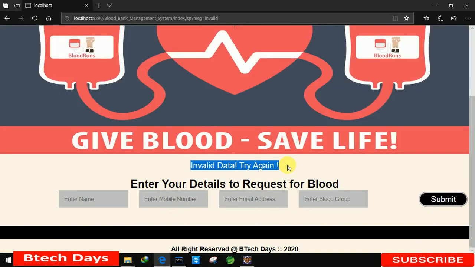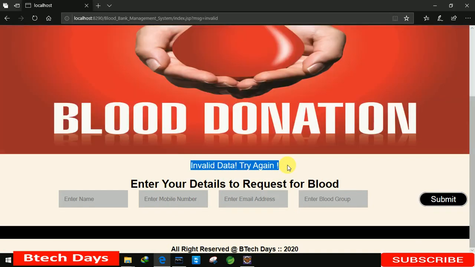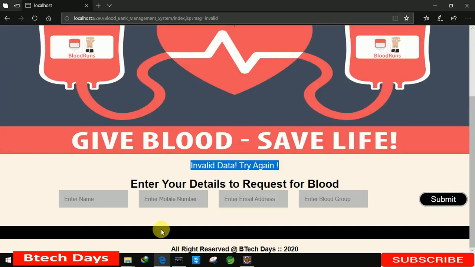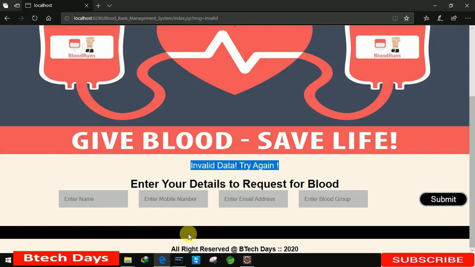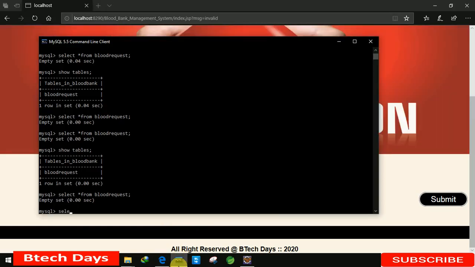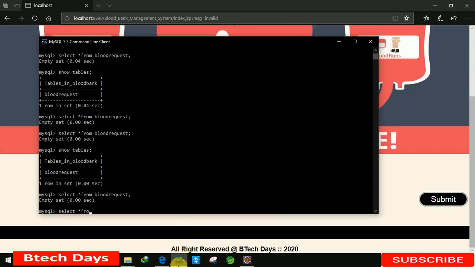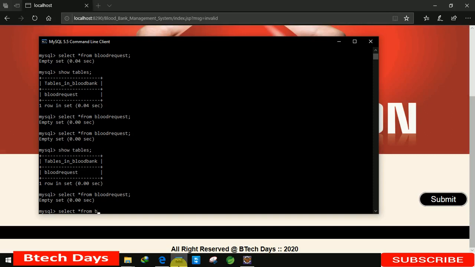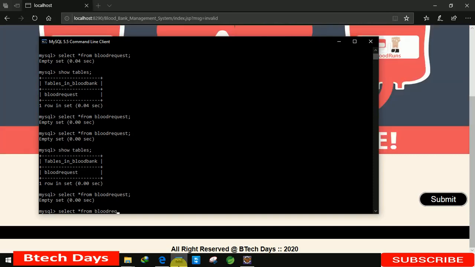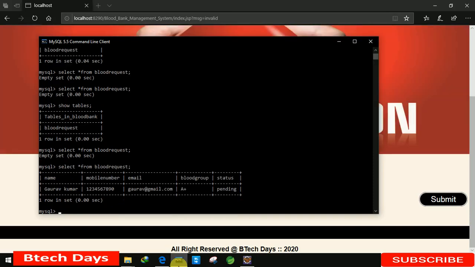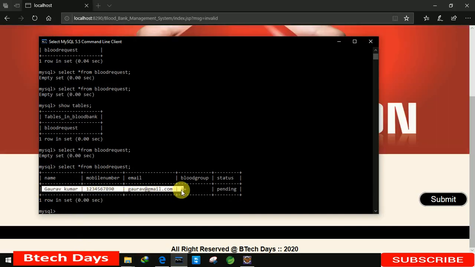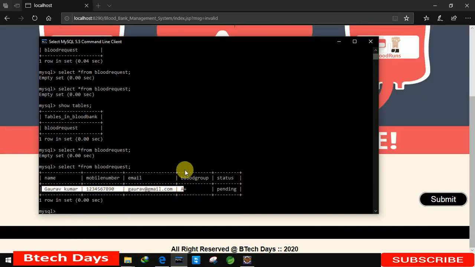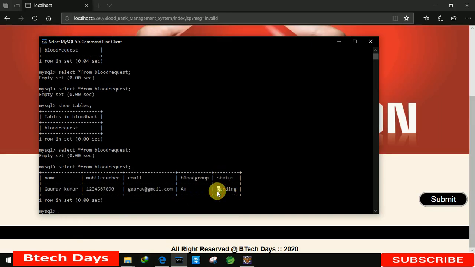It means that we are able to insert data into our database successfully, and it also gives a message if data is incorrect. Let me check in our database whether the data has been inserted or not. Select star from blood request. Here you can see the details: Gaurav Kumar, 1234, gaurav@gmail.com, blood group A positive, status is pending.